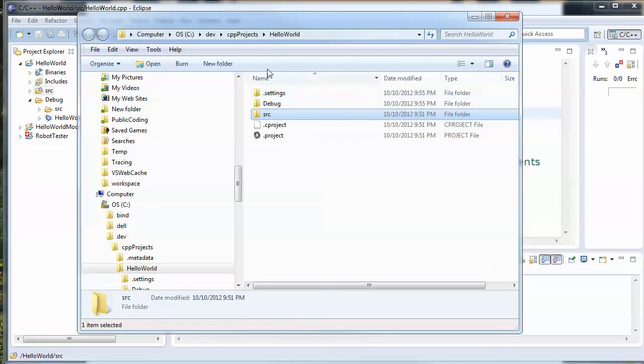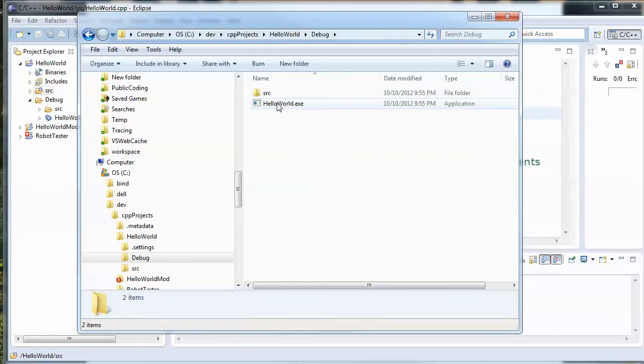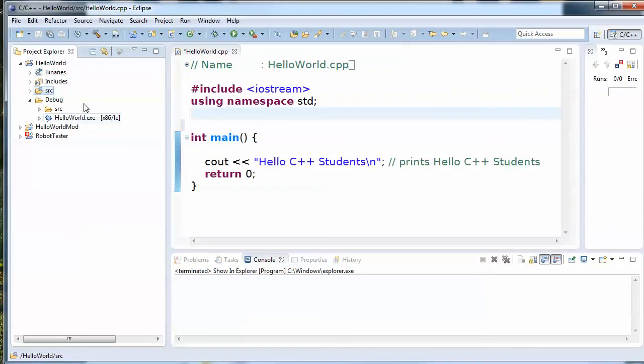And so you can kind of see how this corresponds to, here's our workspace, here's the Hello World project, so here's settings, here's debug, here's source, and if we go into source, we're going to see Hello World. If we go into debug, we're going to see hello world.exe and the source folder just like we did up there. These other things are things the project is creating for you, typically